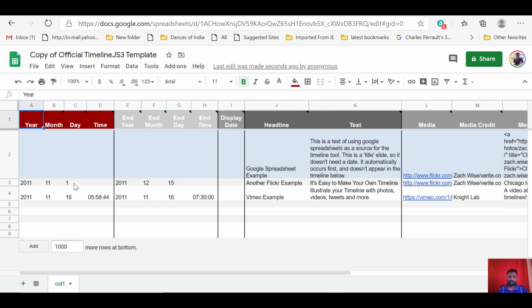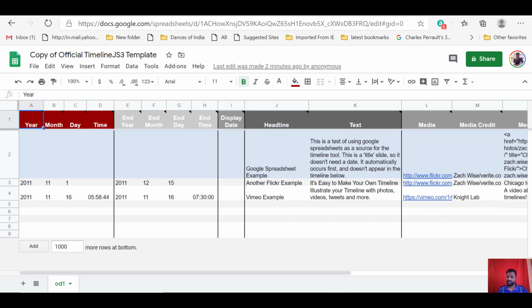When we come to the third row and fourth row, in the third row you are giving input regarding a particular event, from which date to which date it happened, what the heading of that event is, and what the information regarding it is.